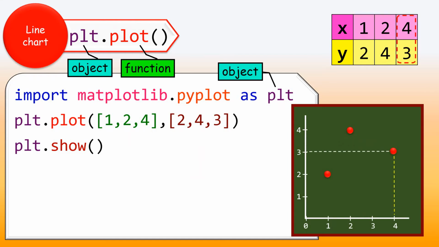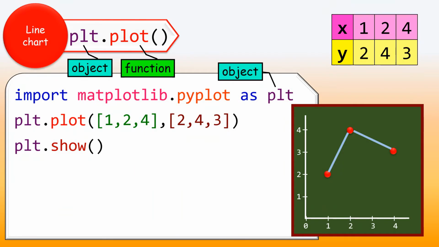And when these points are connected sequentially, we get the required line chart. But Python will not draw the chart as I have shown to you now. It will just display the chart in a separate window in one go.